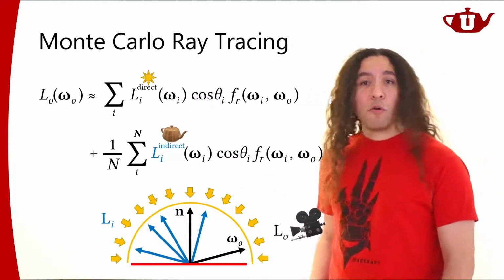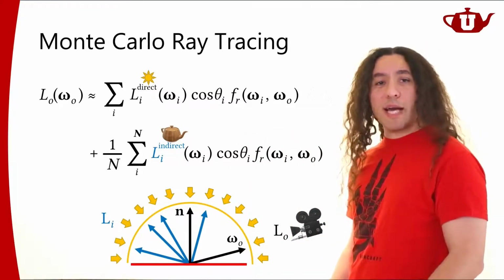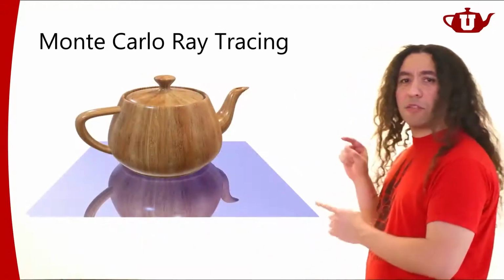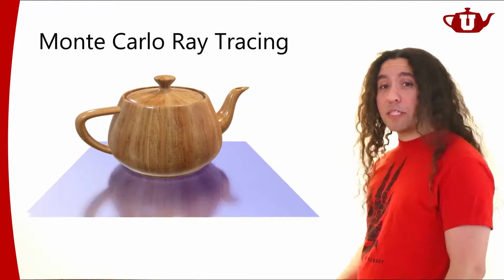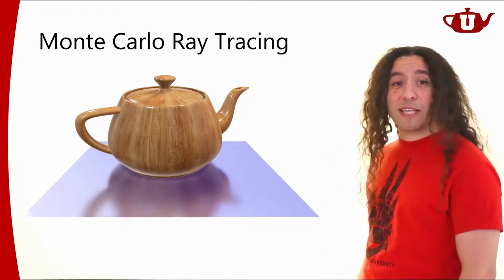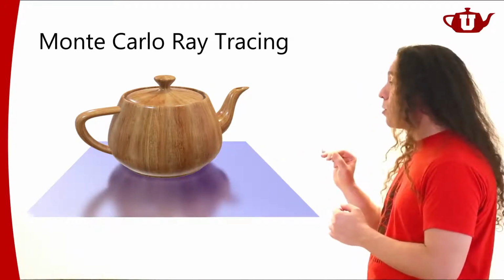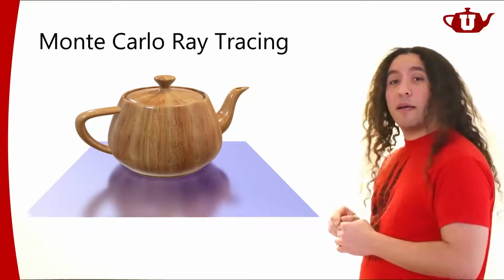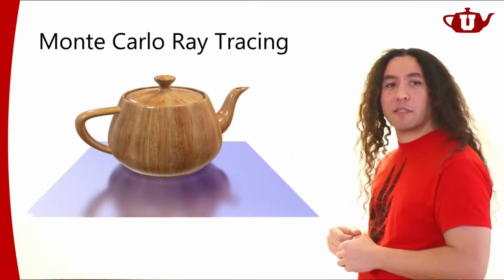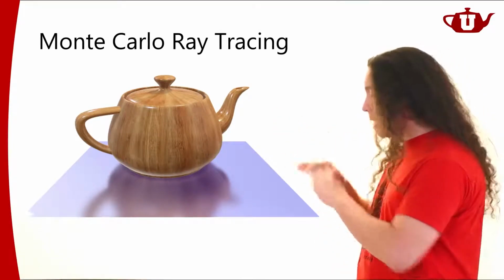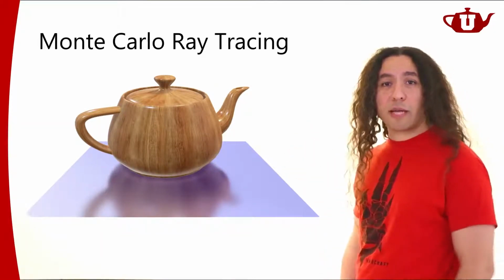All right, so what happens with Monte Carlo ray tracing when I do something like this? Now with Whitted style ray tracing, I could do these perfect reflections, right? With Monte Carlo ray tracing, I can actually compute imperfect reflections like this. So in this case, the surface is not perfectly smooth, so my visible reflections can come from a whole bunch of different directions, and this is sort of estimating this integral for different directions using Monte Carlo sampling.